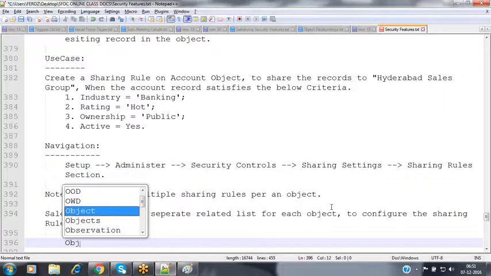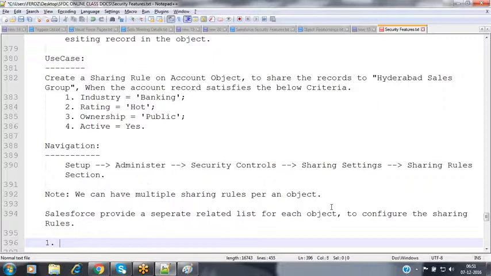Like as Firoz, in that case, we can create a workflow rule and assign to the users, right? That can also be possible, right? Instead of assigning, meaning completely changing the ownership. But here, what I'm doing, I'm not changing the ownership. The owner will be there as it is, but along with the owner, I'm making this record visible to the other people.